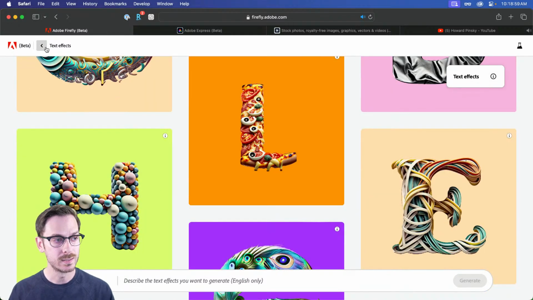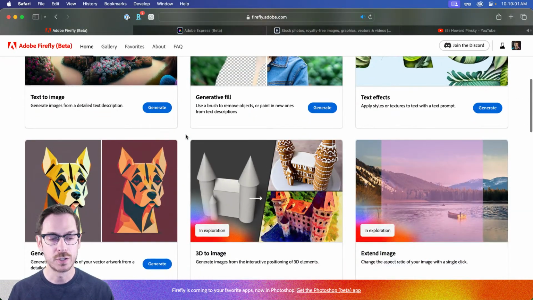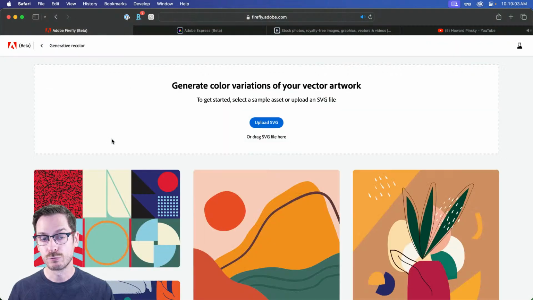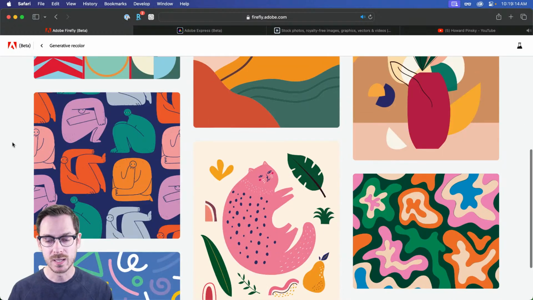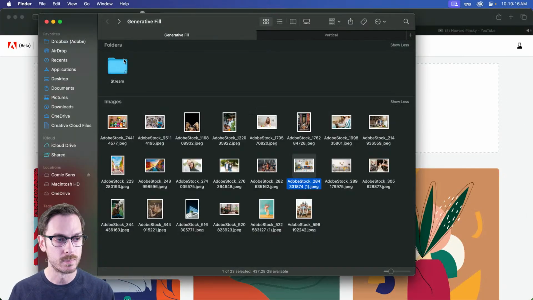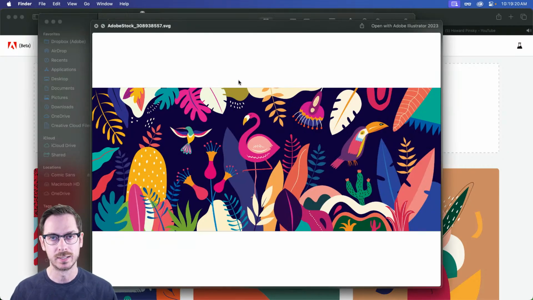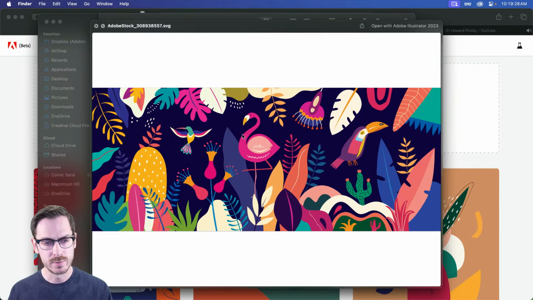And then finally, we have our newest feature in Firefly, Generative Recolor. So you can imagine a world where you have spent a ton of time in Illustrator, or whatever vector application you use, and you've created this beautiful image. So if I hop over to Finder for a moment, now I've got this image. I licensed it from Adobe Stock because I'm a terrible illustrator, but I've got this great image, and I would imagine the artist spent a ton of time choosing colors, making the birds and the